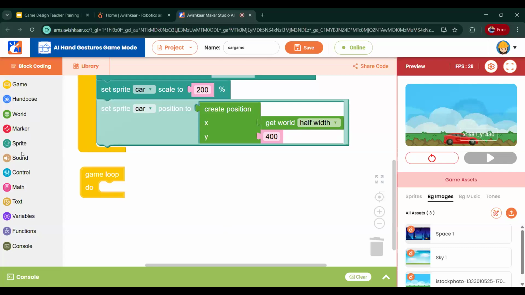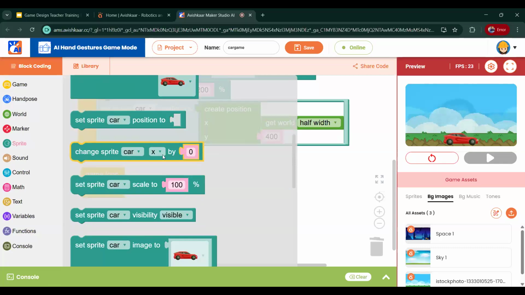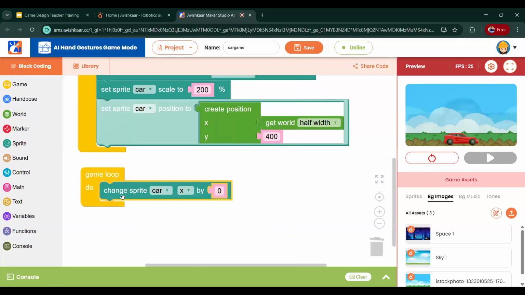I can go on the sprite section and take the block, change sprite car X. In this case, we are changing the sprite's x value. So change the sprite x, and you can select a value based on which you want the speed of the car to be changing. Let's say I'm taking here the value as 0.5. And if I run the code,